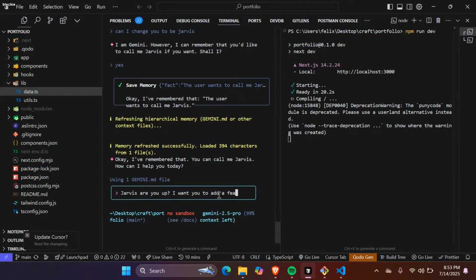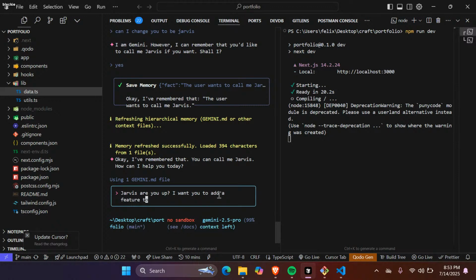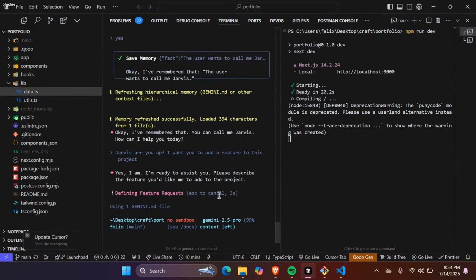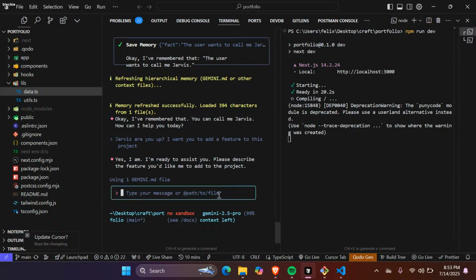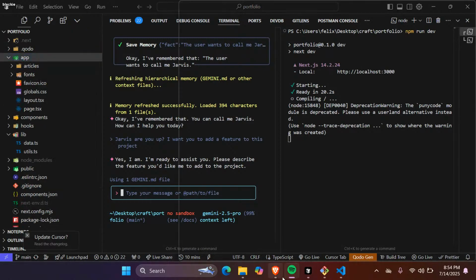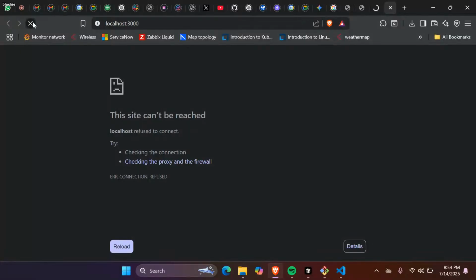Feature to this project. What I want, I don't know why it is taking long.